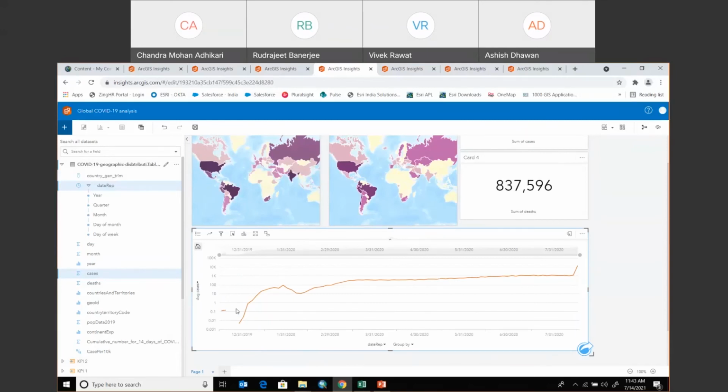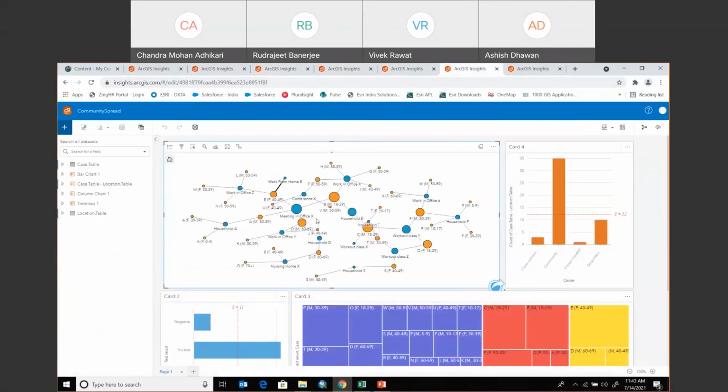Next, I will move to an analysis wherein you can see the crime links. This can be considered true for the way a community spread has happened. An infected person has gone to work in an office and met a few other people. They got infected, and further this link has been established.